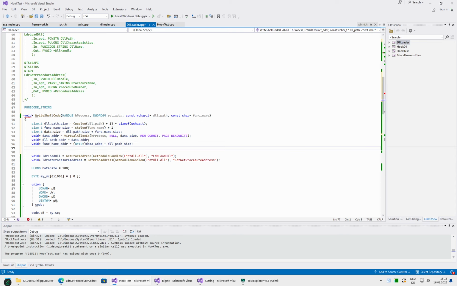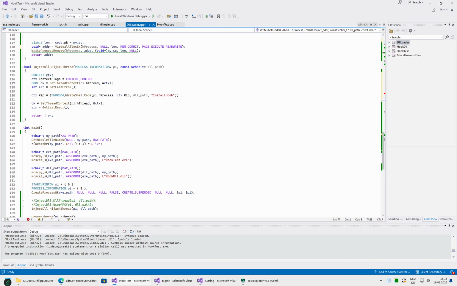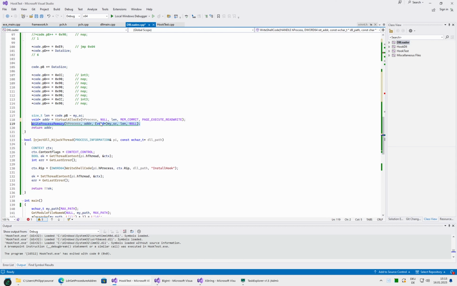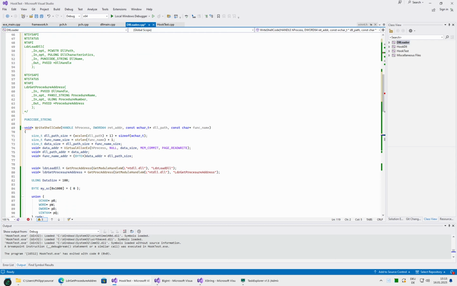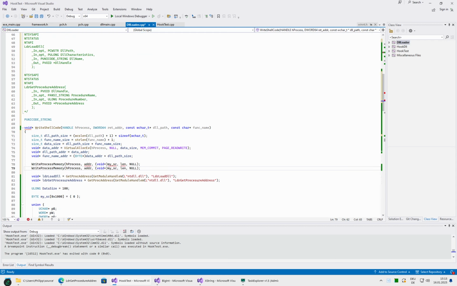And now at this point we can already write to the target process, since we already allocated the memory anyway. So one is this address, the other one is that address. Lengths we already have computed in bytes as well, and here we have just our two